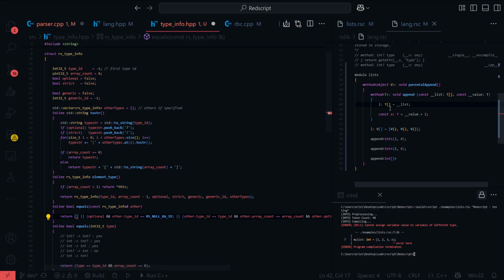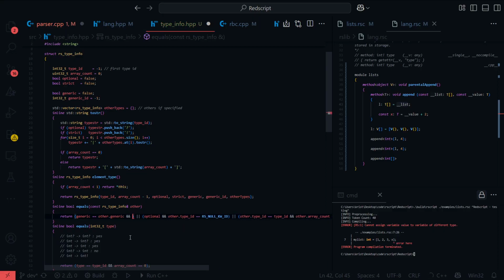For a generic to equal a non... So imagine T equals 4. Yeah, we don't know. So we have to just say generic is other.generic